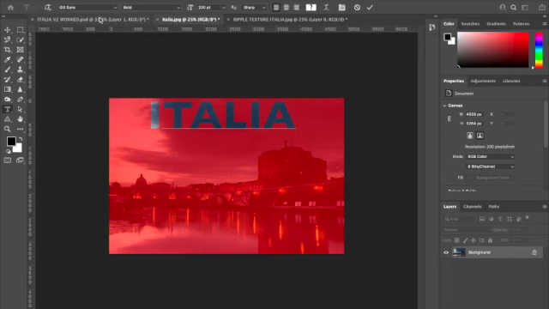The font style is Gill Sans. Bold is the style as well. Font size 200 points and sharp. Once we've done that, we can just simply click on the tick, but first of all, we'll just add a